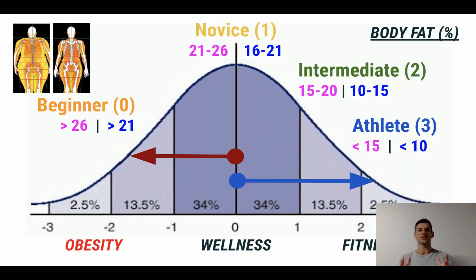Okay, so what are the levels here? Again, beginner has a score of 0, and the athlete will have a score of 3. If you have a score of 1, your goal is to go to a score of 2, and you might be happy with 2, and so you don't really care about going to 3, and so you're very happy staying at an intermediate stage. Now, you guys know I'm a big fan of integral theory and Ken Wilber's work, and